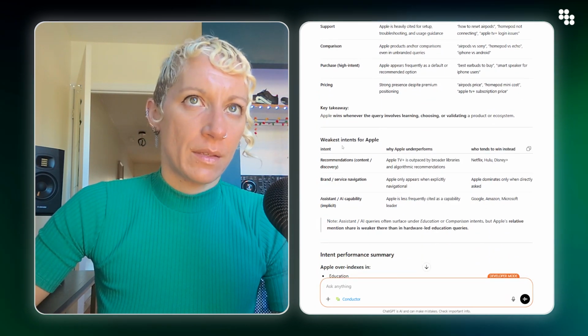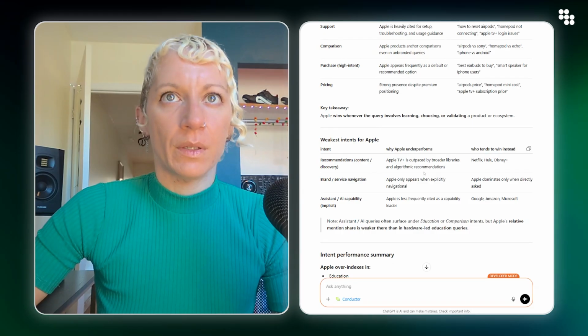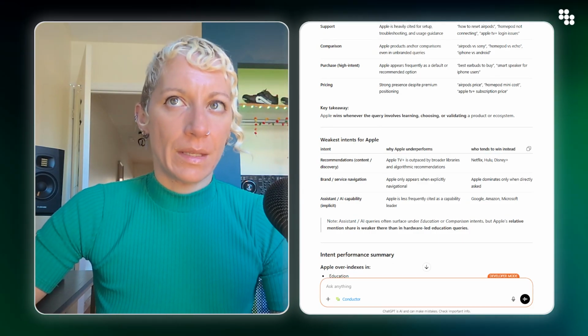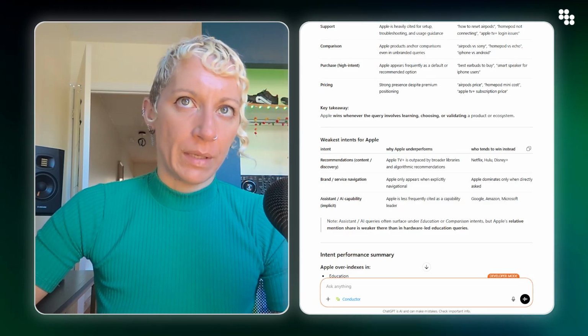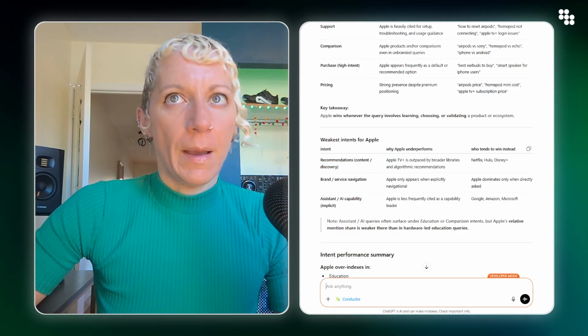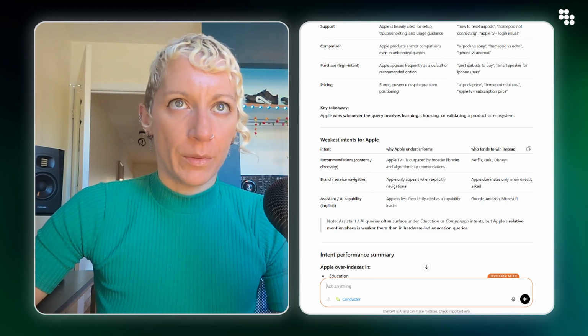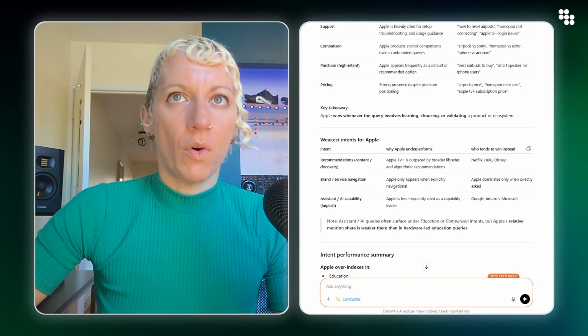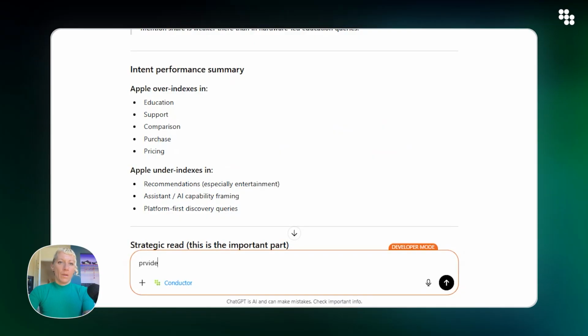And then what's also nice is we have this weakest intent for Apple. So when people are asking for recommendations, like content recommendations, we can see that Netflix, Hulu, and Disney Plus are outperforming Apple TV Plus by broader libraries and algorithmic recommendations. And so that's something interesting that I might want to dig into more. So I can say, provide examples of the prompts where Netflix, Hulu, and Disney Plus have better visibility for